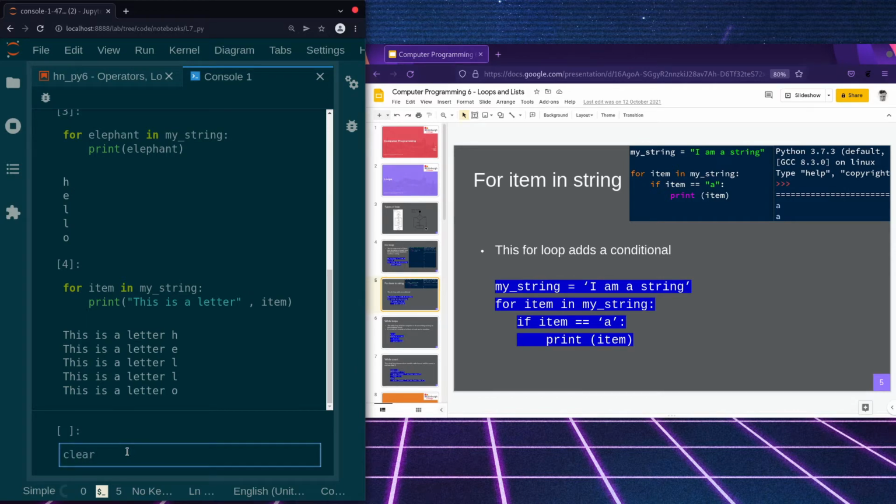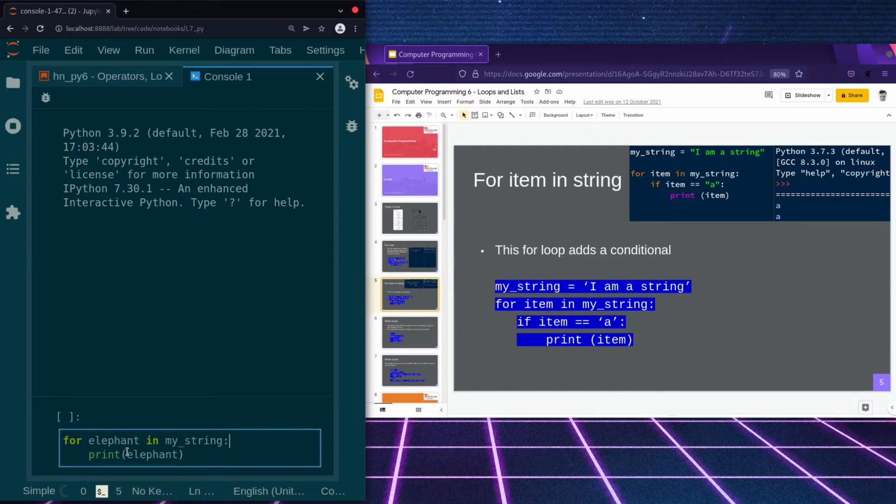Okay, so let's just clear the screen here. So we've got a string called my string, right? Print my string. Okay. Hello. Right. So let's say we want to have a look for something, right? For item in my string, if a in item